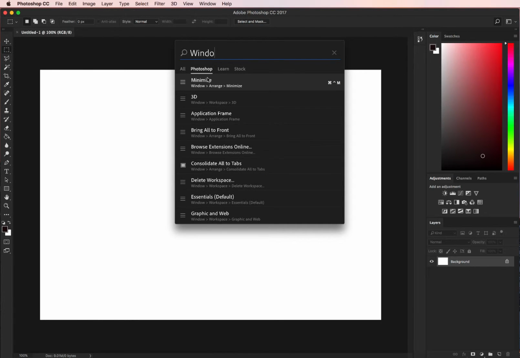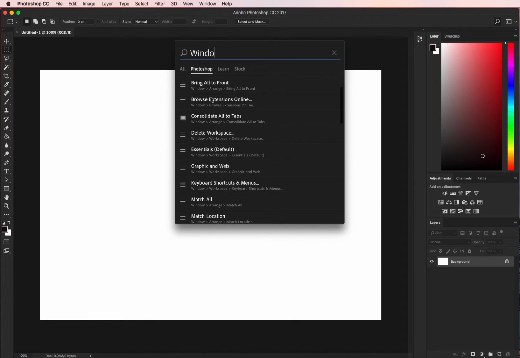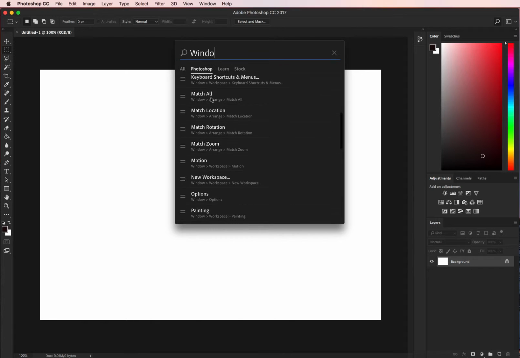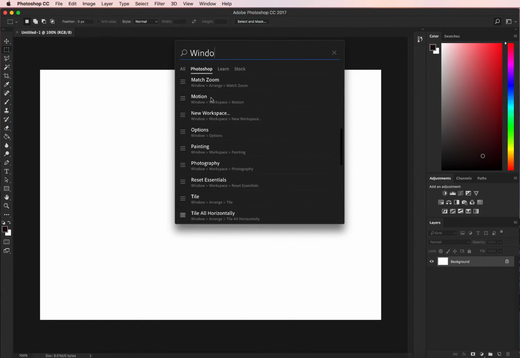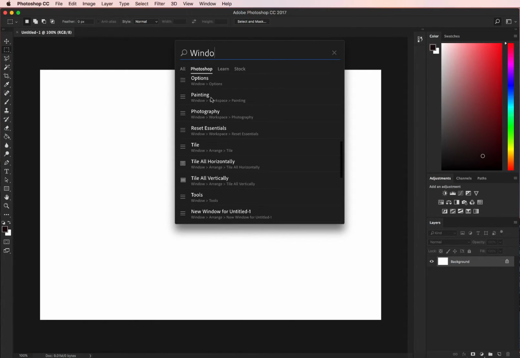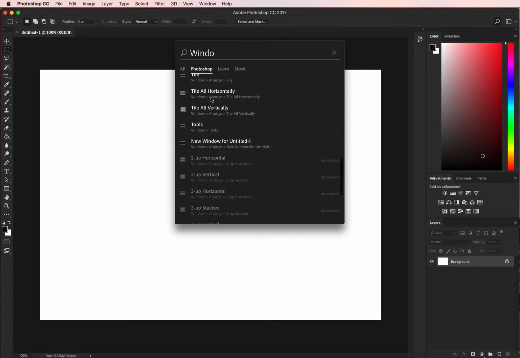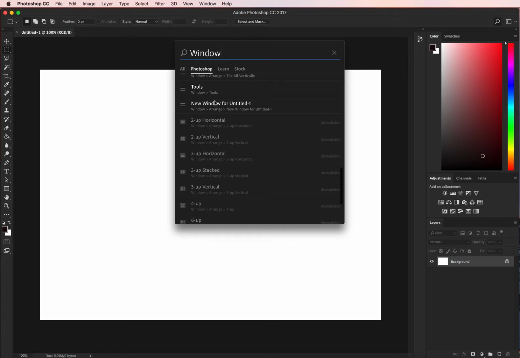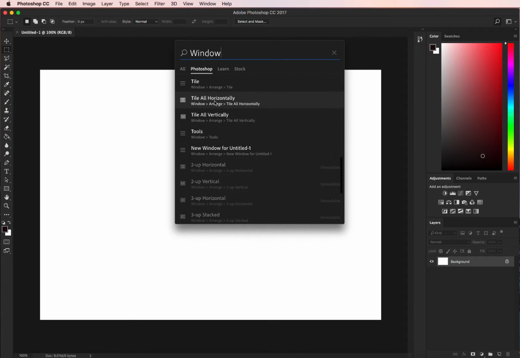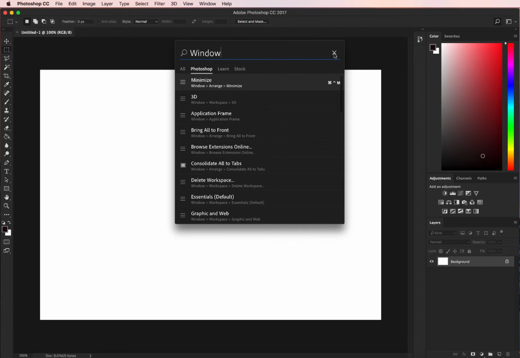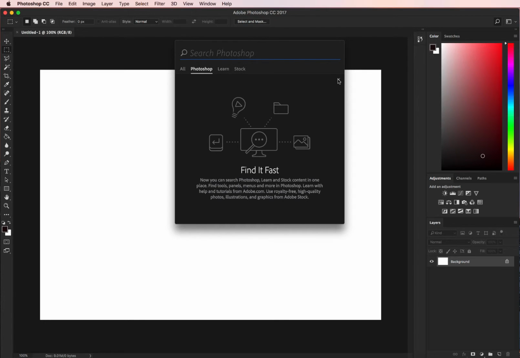Okay. And when I type in window and scroll, I have all these different options that could be helpful and also save time. And if I didn't know which options I had, because I was a novice, but I was smart enough to know to search window, from there I could get an idea of the possible options that I could turn on and off. So just to show you the power of